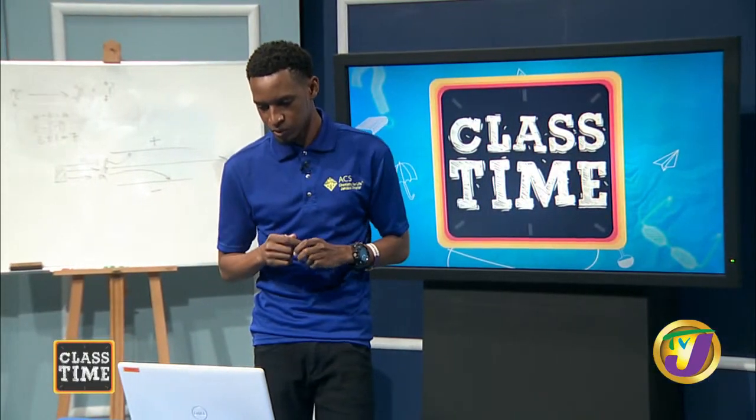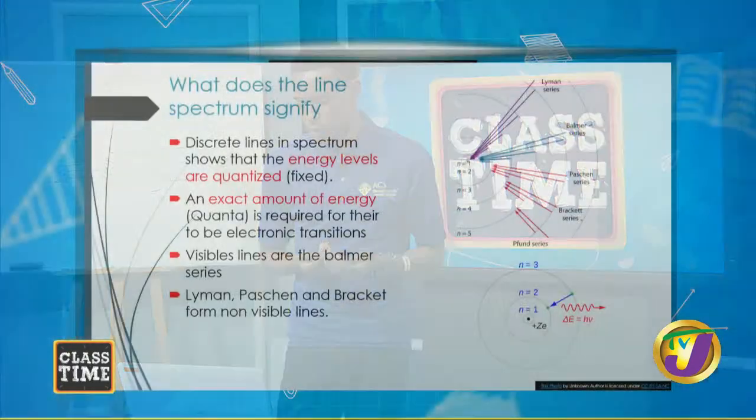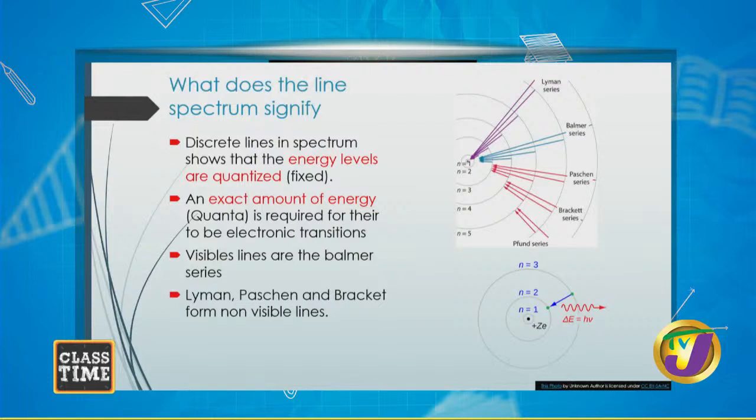So he came up with the model that we accept today with the nucleus at the center, the orbitals around the nucleus where the electrons orbit. And he said that discrete lines in the spectrum show that energy levels are quantized, which I just mentioned a while ago. An exact amount of energy is required for there to be an electronic transition, meaning that